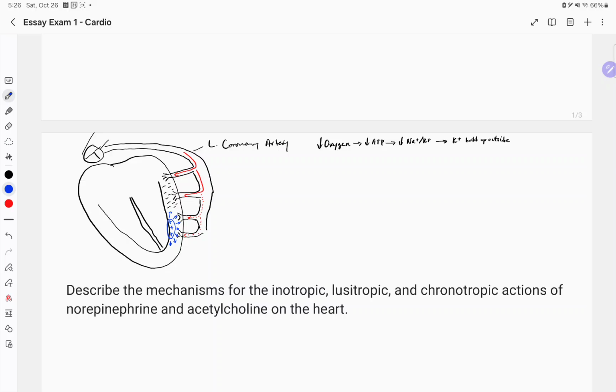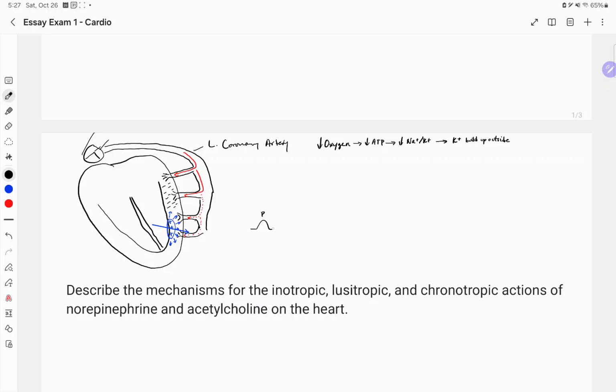And if they're not depolarizing, then we're going to have an average vector that's something like this, which is going to be causing a negative to a positive. So, yeah, negative to a positive. So we'd expect an upward trend. Now, when we look at our EKG, right, we have our P wave, and then we have our